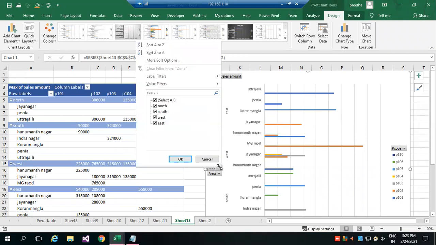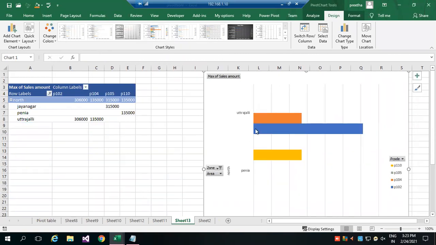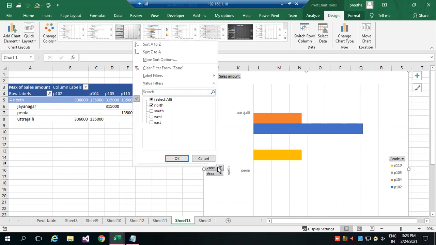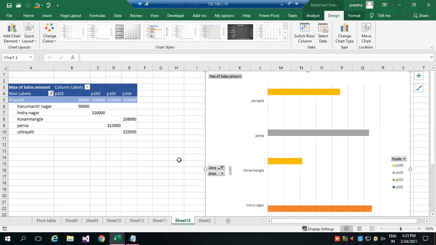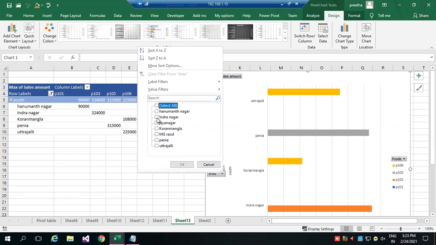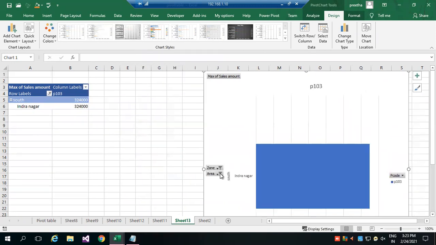And again, as I said, filtering, I can do only for a particular zone, only for North zone. So among this product code, highest is P102. So these are all user choice. Area, I don't want to show for all. Again, I wanted to compare only Indiranagar and Jayanagar.